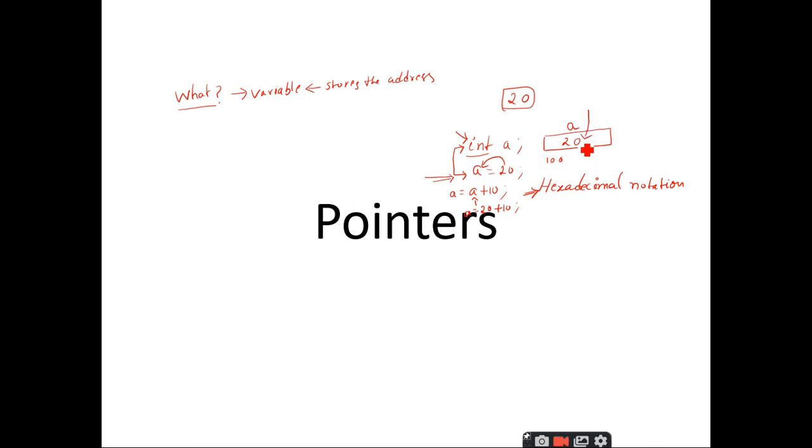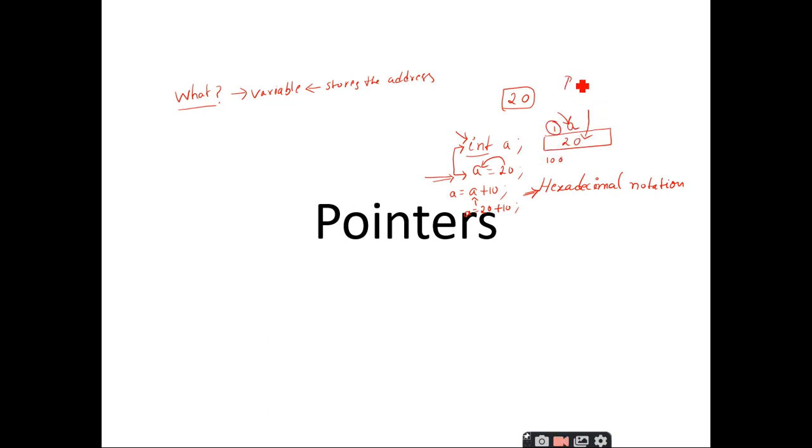That means you can access the value by making use of the variable name. The other name for variables is identifiers. So the entire 4 bytes of memory can be identified by a. That is the reason why we call it the identifier. Right. So there are two ways for accessing this value 20. One is by directly making use of the variable name a.